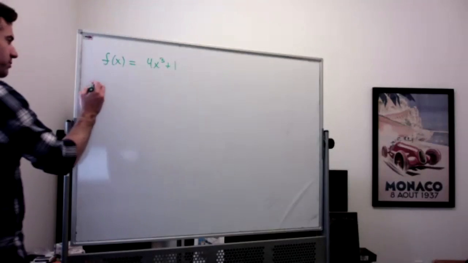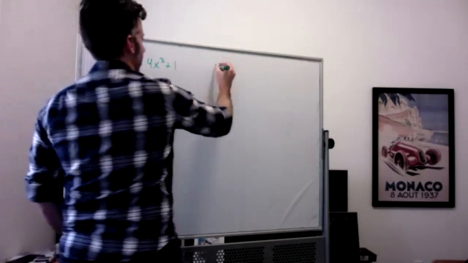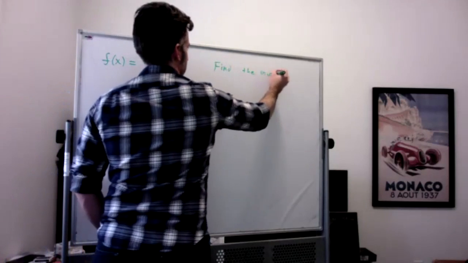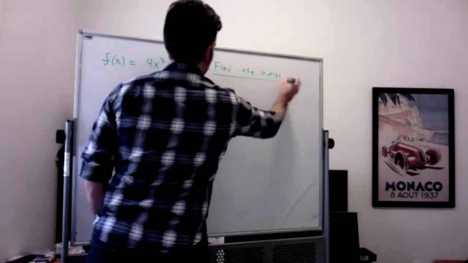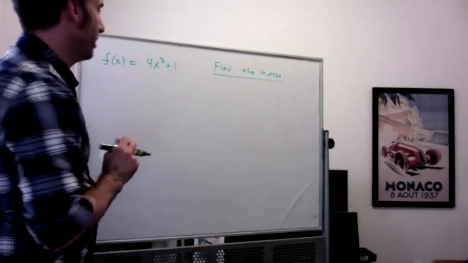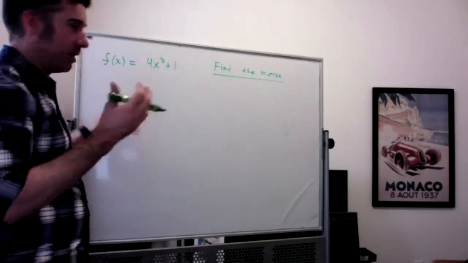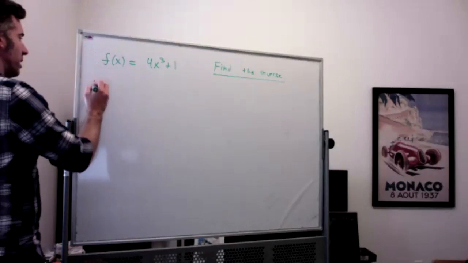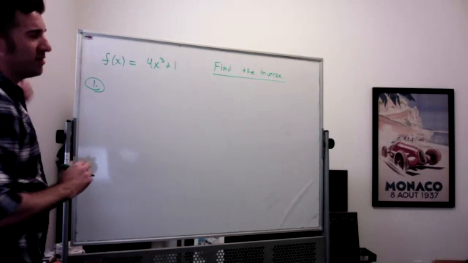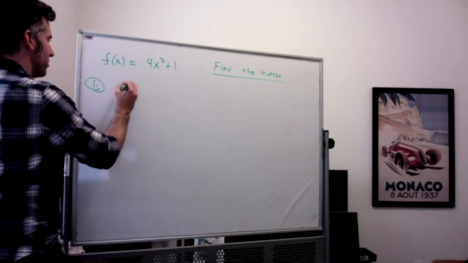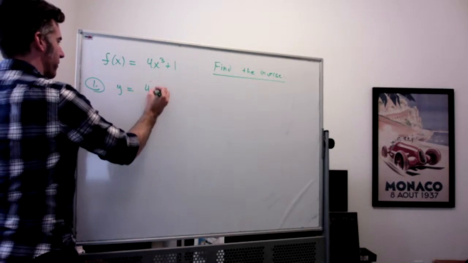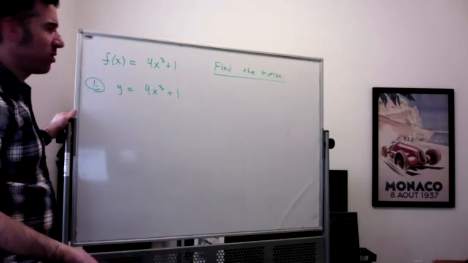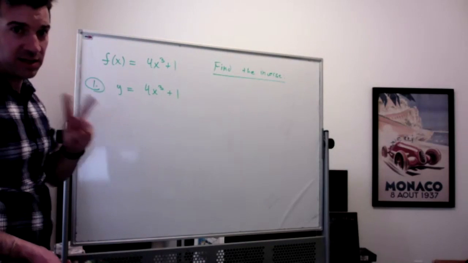So I should say, this is to find the inverse. Sorry, not to use inappropriate language, but there's no better word to say there than what I said. So yeah, 3 BS steps, 1 real step. Step 1. Rewrite this using a y instead of f of x. So rewrite it as y equal to 4x cubed plus 1. This is not absolutely necessary, but it's easier to work with y than it is to work with f of x. Because in step 2,